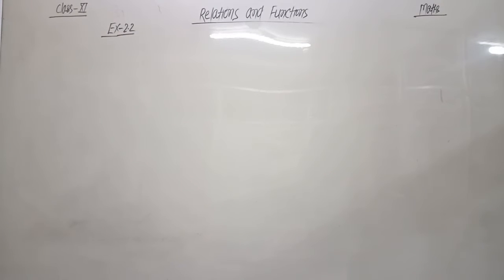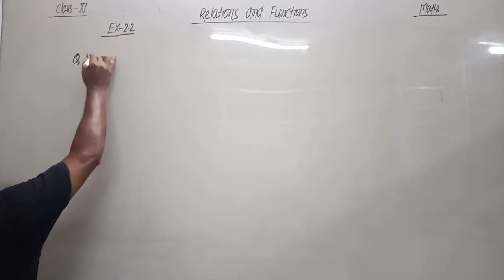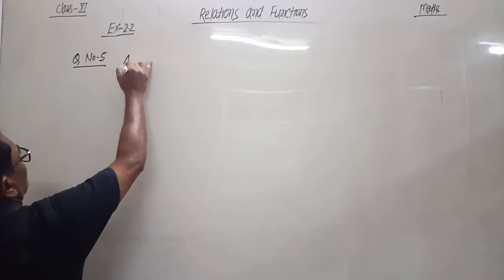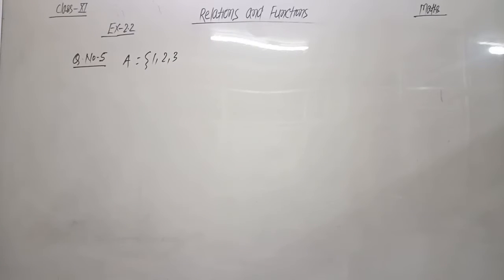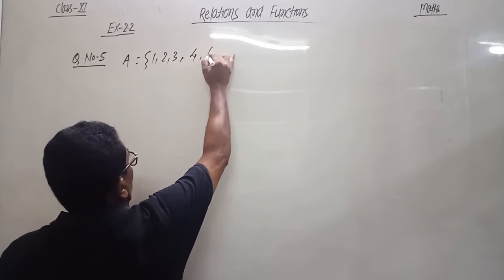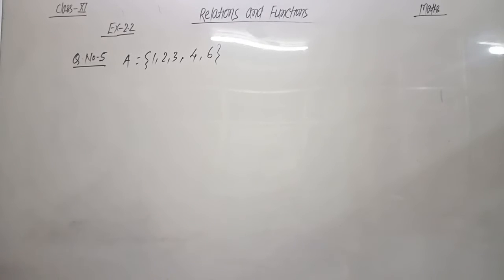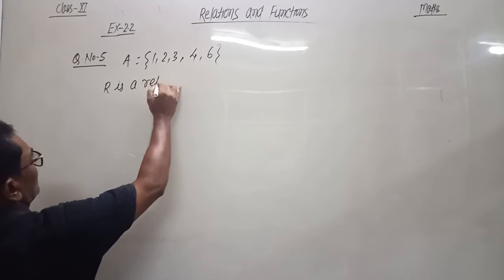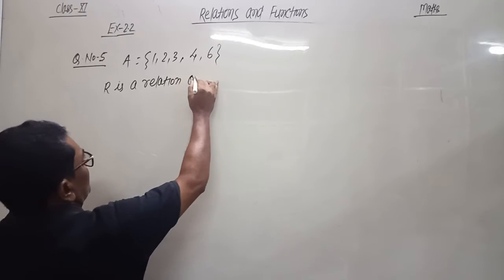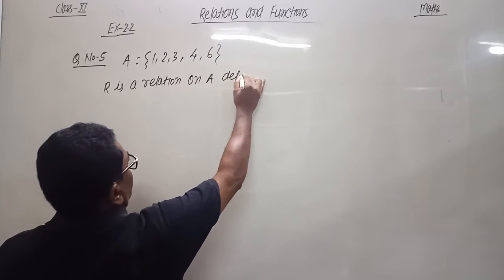Next, question number 5. Let A equal 1, 2, 3, 4, 6. Set A is given: 1, 2, 3, 4 and 6. And R is a relation on set A defined by